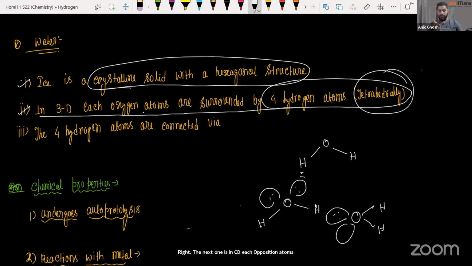So now, guys, this is something very important. The structure might look like a hexagon. The structure combining together looks like a hexagon. But if you look at one oxygen in this hexagon, it is surrounded by 4 hydrogen atoms. How? See,